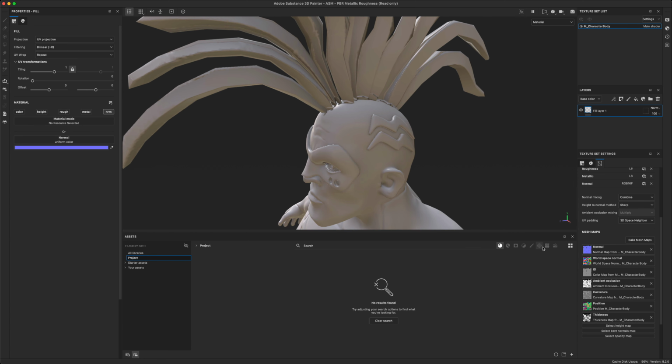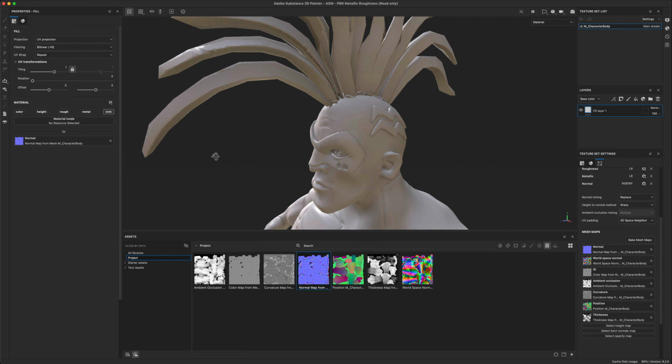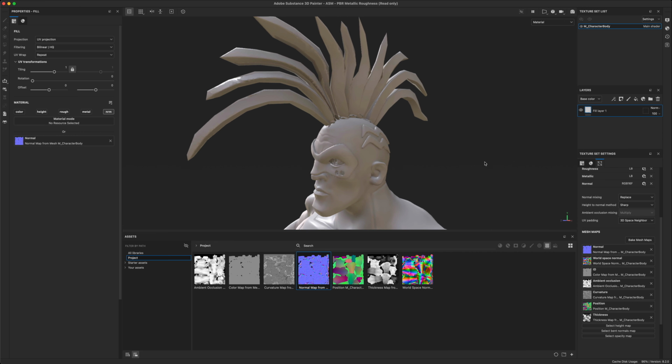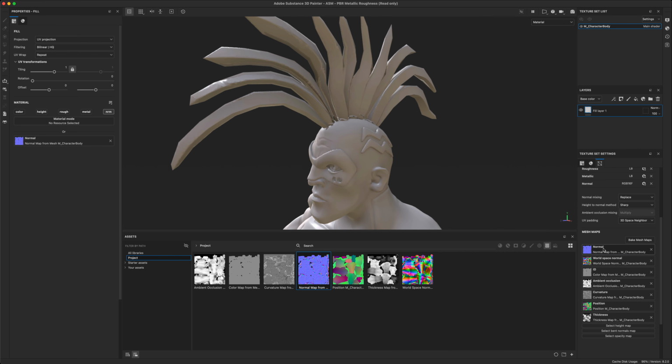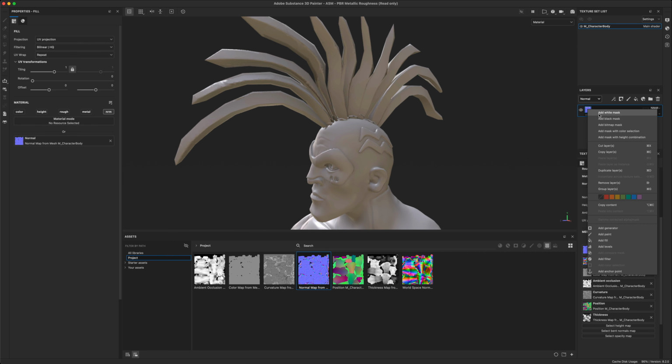and if I go to project and go to textures, I can just drag my normal map over the fill layer here, and in the texture settings under normal mixing, I can switch it to replace, and now what that does is it puts the normal map up here into the layers instead of using this one, right? Which is cool because if we go to normal, we can right click and do a white mask,